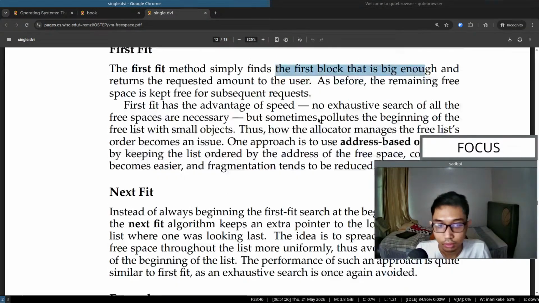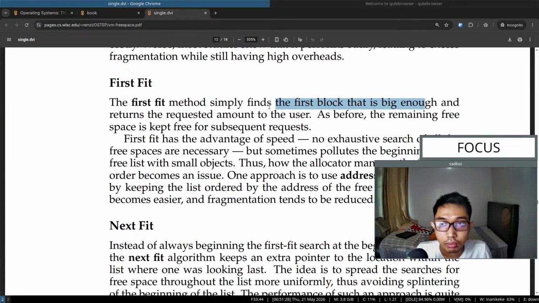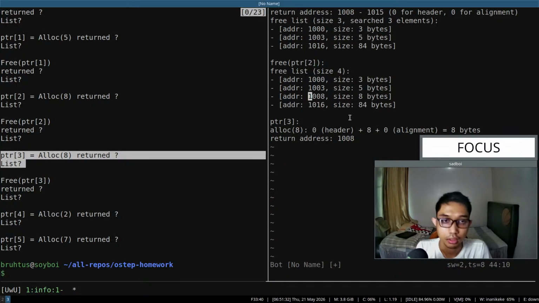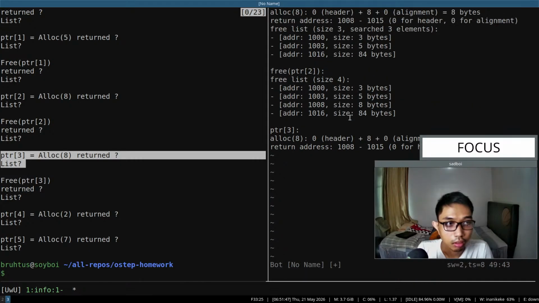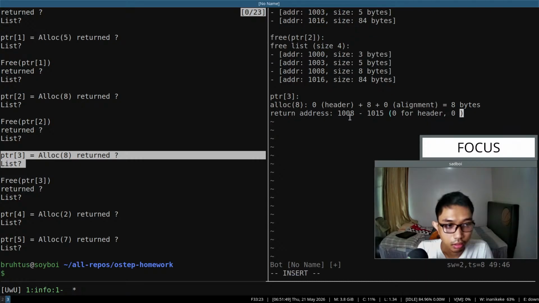Again from the first fit here. First fit, the first block that is big enough. Okay, this is big enough, so we use that again. Alright, 0 for alignment,